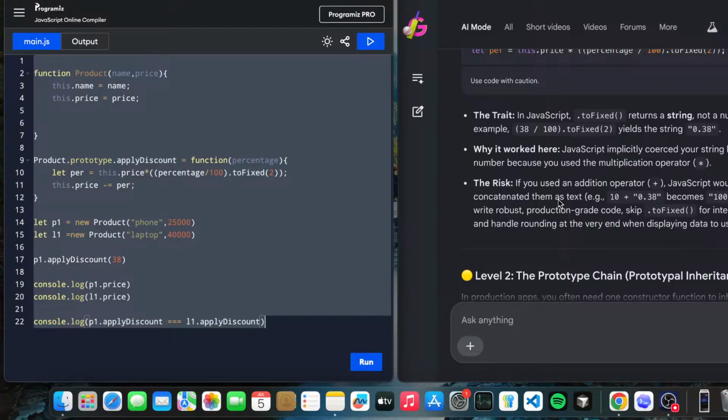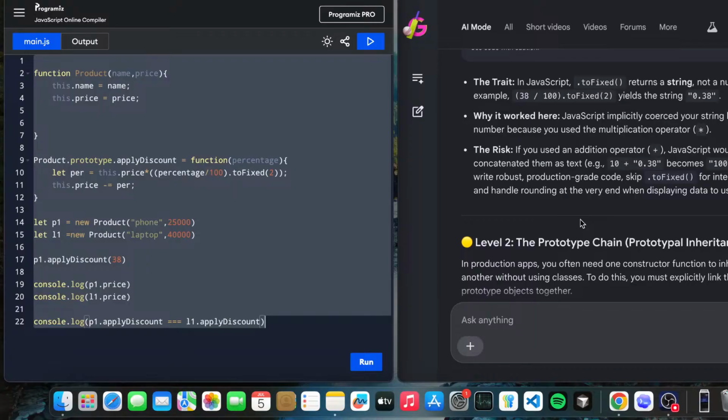In JavaScript, the addition operator has two jobs. One is simple addition and the other is concatenation. So if you know about concatenation, share your views and explain what you mean by concatenation in JavaScript. We would love to see your answers.